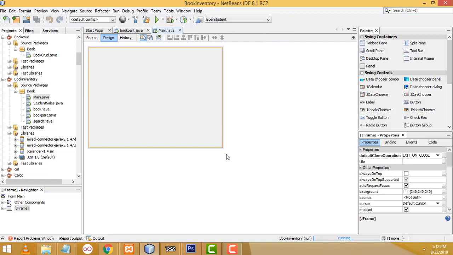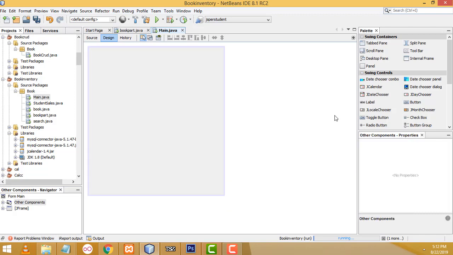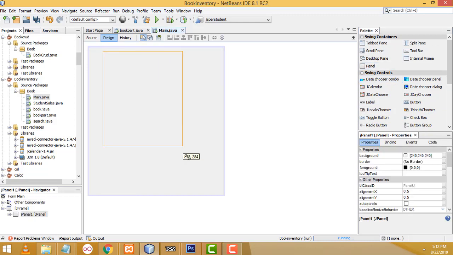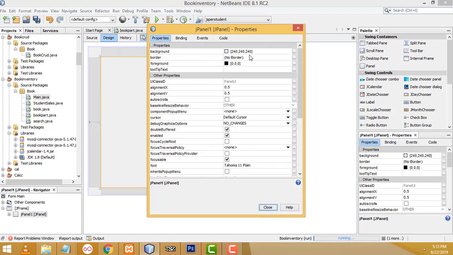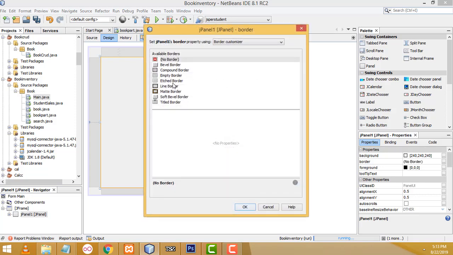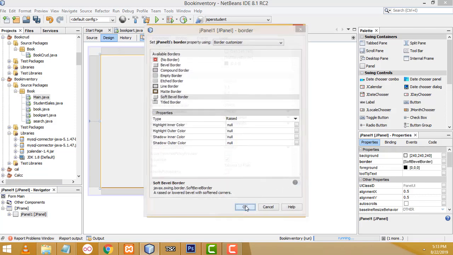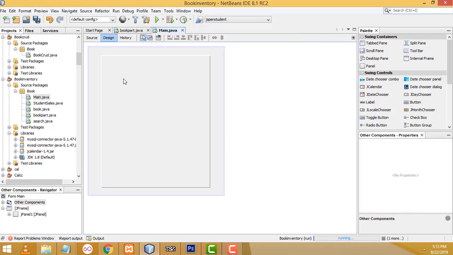Here we need buttons, so very easy. First we have to get a panel: go to the palette and drag one panel like this. Now right click, properties, and under border, you have to select this border, simply impose a border. Now here we have to